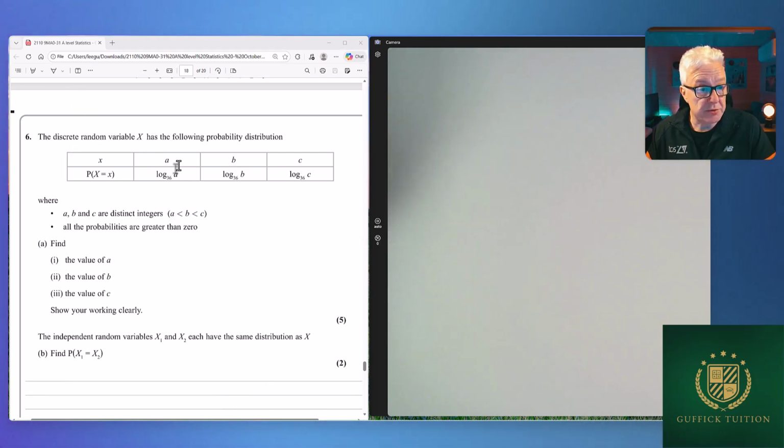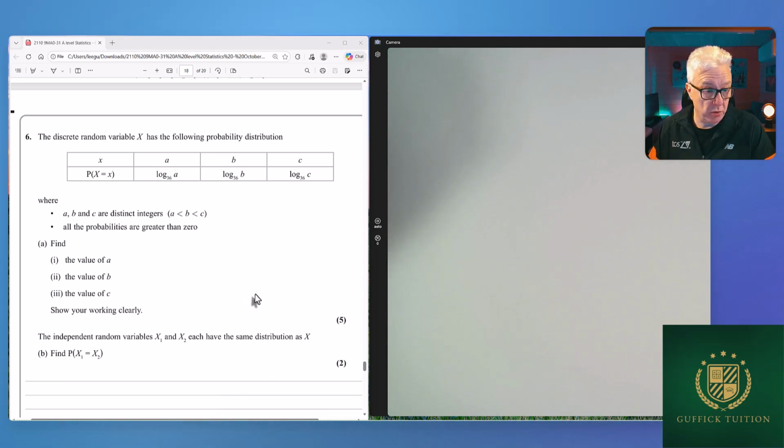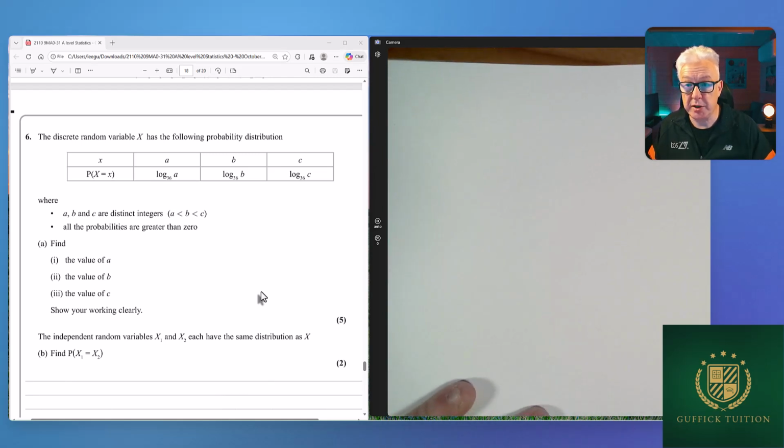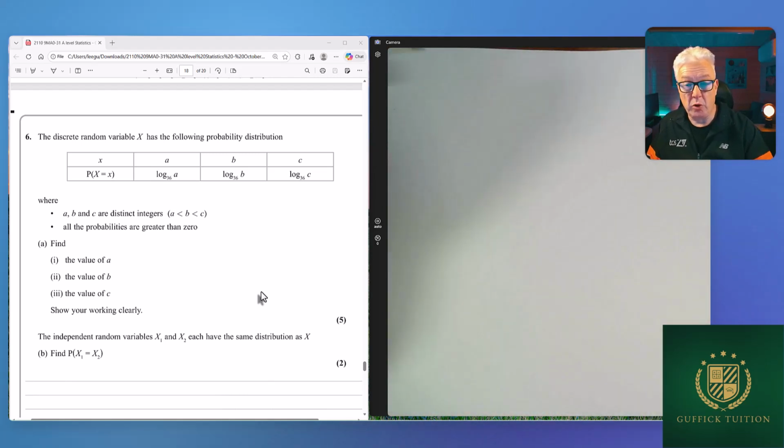So it says the discrete random variable x has the following probability distribution, where a, b and c are distinct integers and a is less than b and b is less than c. All of the probabilities are greater than 0. Find the value of a, b and c. Show your working clearly. So I think the first step in this question is to remember that all probabilities in